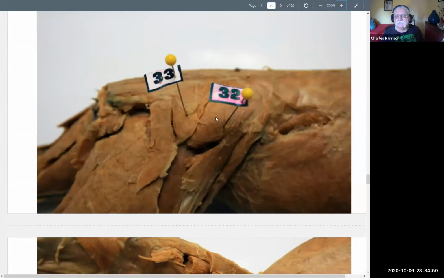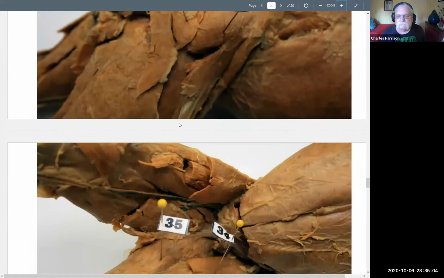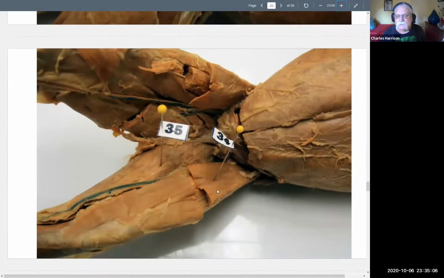The gluteus medius is here, going partially underneath the gluteus maximus. This is the sartorius. It's been cut, but not pulled back yet. On this side,